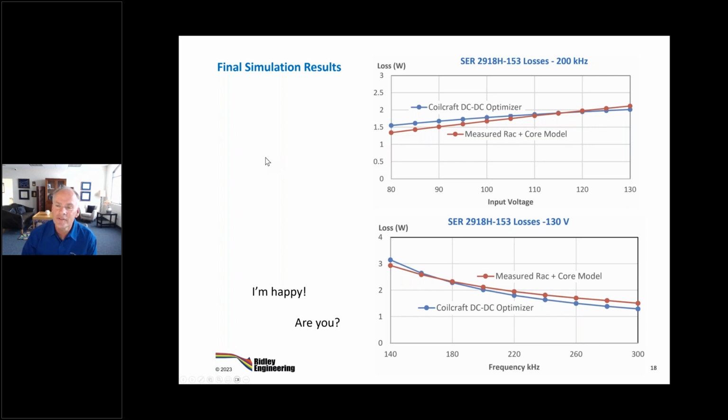You can go derive it yourself. You're going to put so much work into it. You say, you know what? It's easy to use everybody's program. But now, of course, when you use the Coilcraft DC to DC optimizer, they've only got it in 1 or 2 topologies. Buck, boost, maybe a buck-boost. If you put this inductor into an LLC converter, you're on your own.